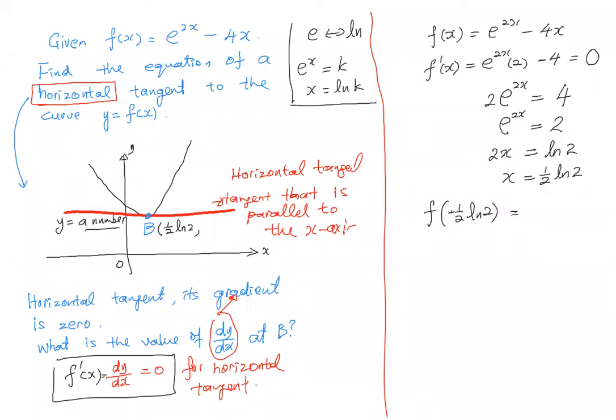So e. So you see, am I going to sub in x or am I going to sub in 2x? Which is easier, you think? Do I know the value of 2x here? I know, it's ln 2, correct? So if I write here ln 2, can or not? Because